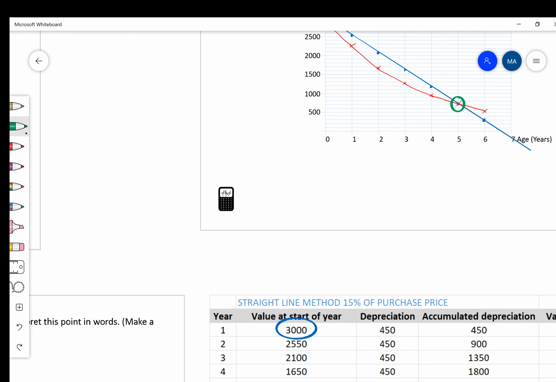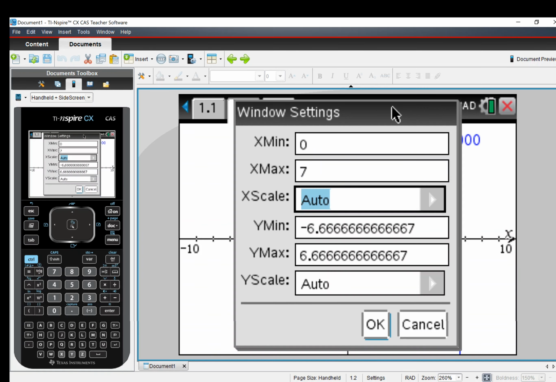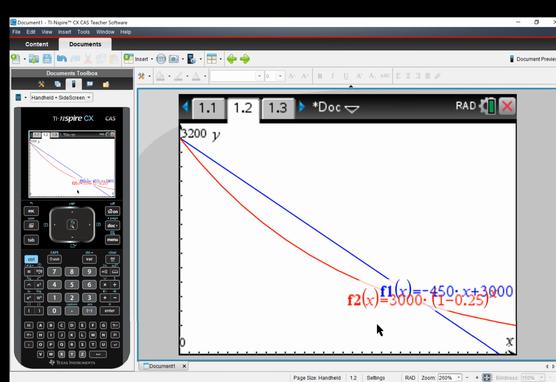And if we look at the money, or the value on the y-axis here, that goes from 0 to 3,000 and a bit, like 3,200, something like that. So we'll match that as well. So the y min will start at 0 and we'll go up to 3,200. If we say OK to that, now this graph looks very much like what we graphed on paper. We can see everything. So to find the point of intersection, we go menu,